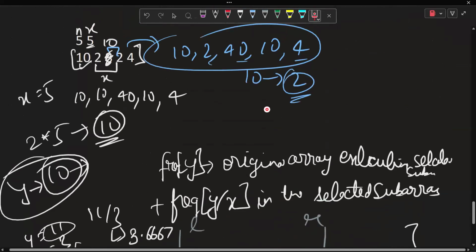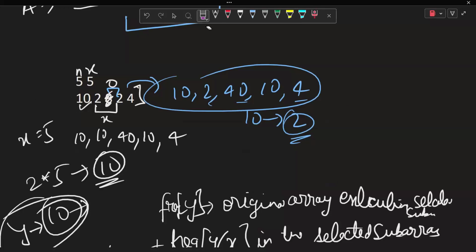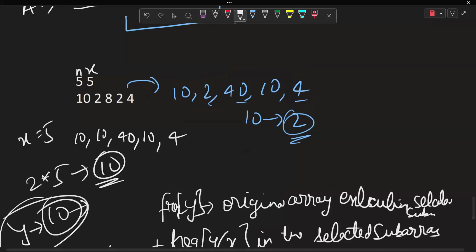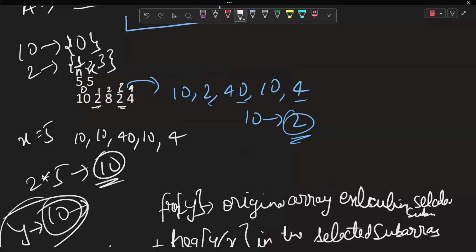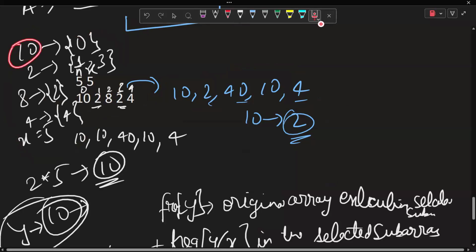Okay, for this array, you can convert it like this: where is 10 present? Let's say I'm taking 0-based indexing. 10 is present at index 0. 2 is present at indexes 1 and 3, at both positions 1 and 3. Then 8 is present at index 2 and 4 is present at index 4. So you can convert this array into this form, where for every value you store the positions where it is